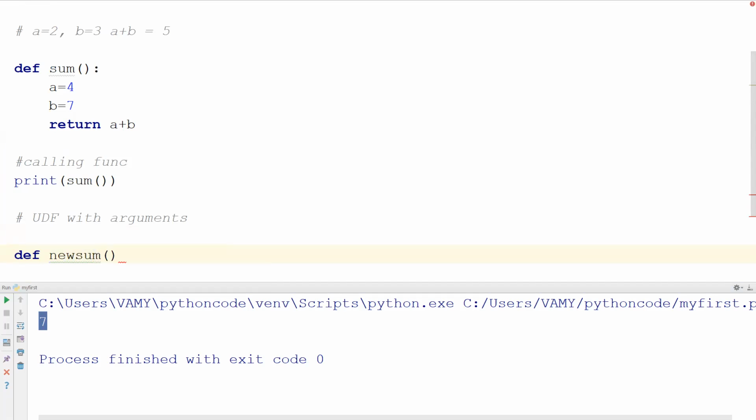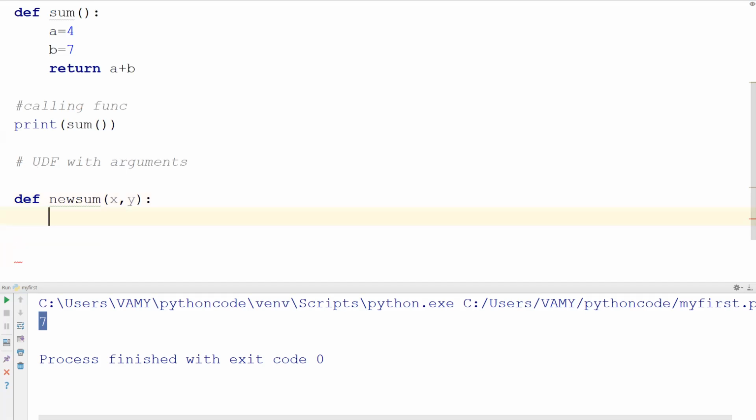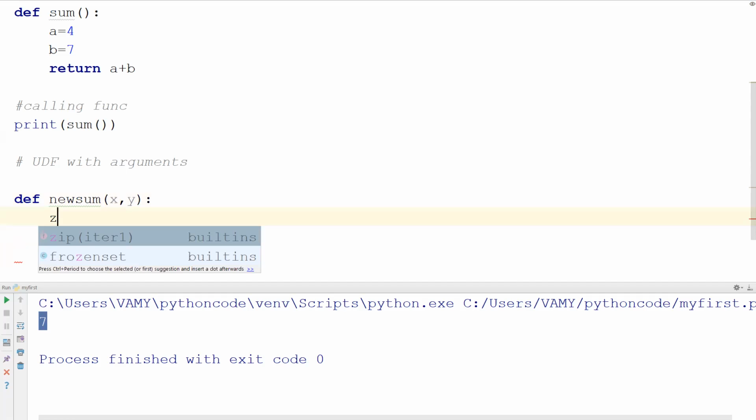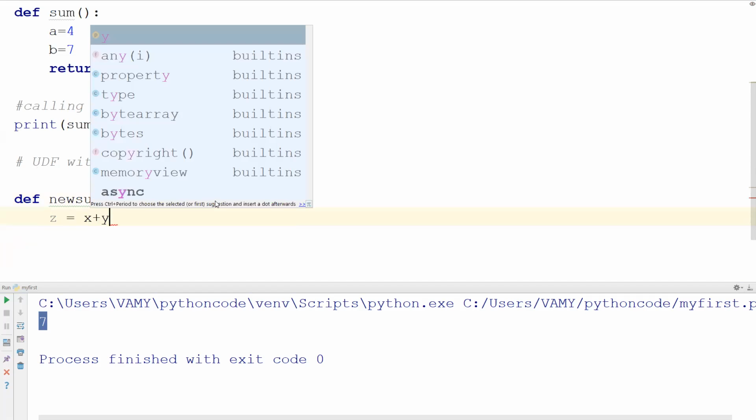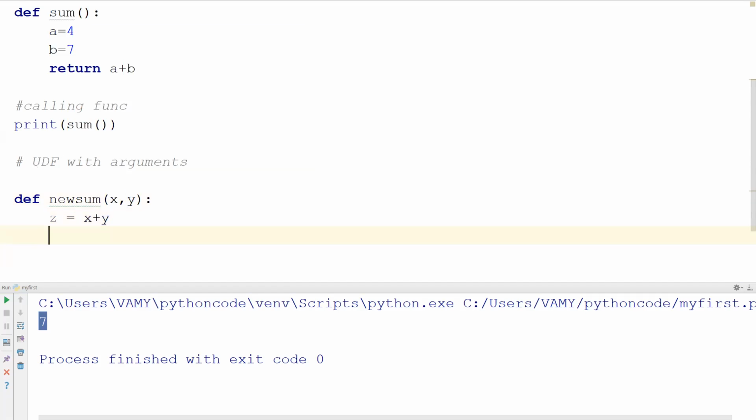Here I am passing two values, x comma y. Whatever x value and y value come to this function, I'm storing their sum in a variable. So z is my variable name, and x plus y. Here I'm returning z.